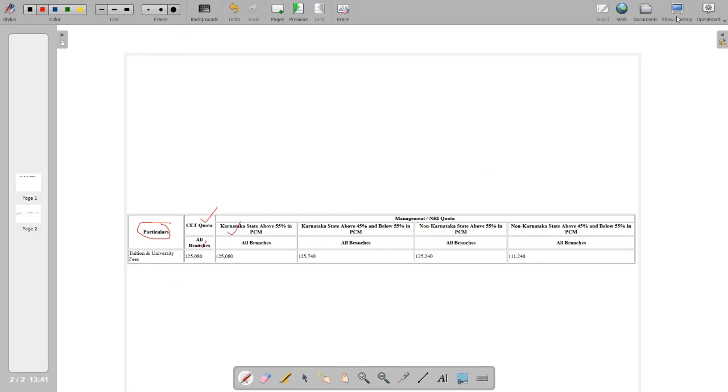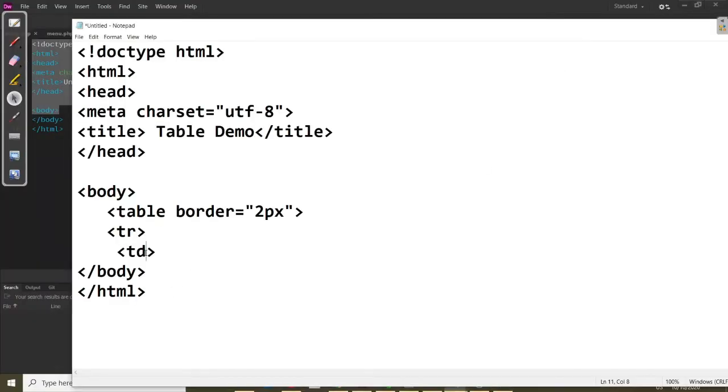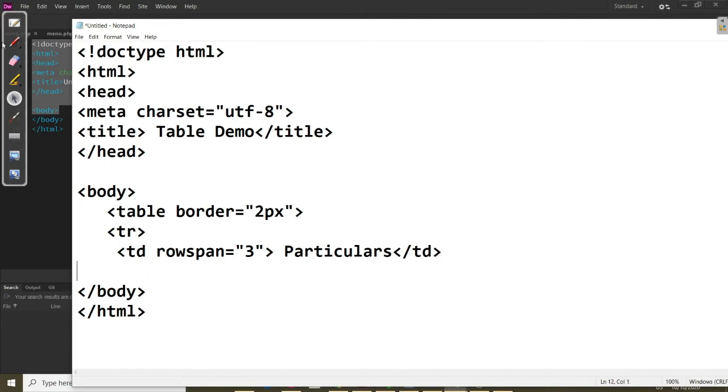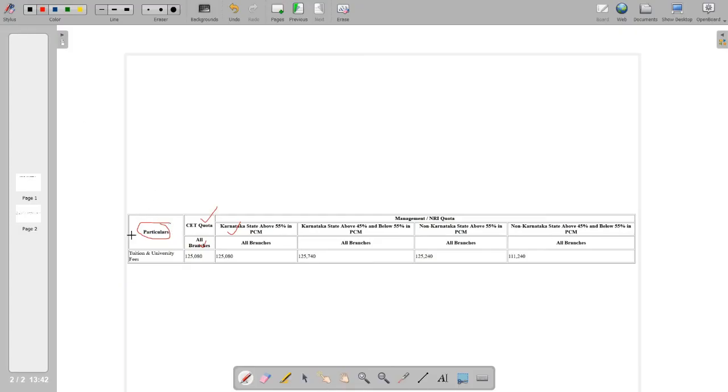So you can write here td, space, attribute rowspan equal to 3. Then you write the statement you want to display, that is the table data, particulars, and close the td. So the first part is clear.